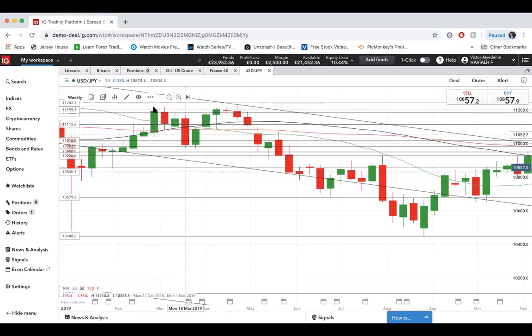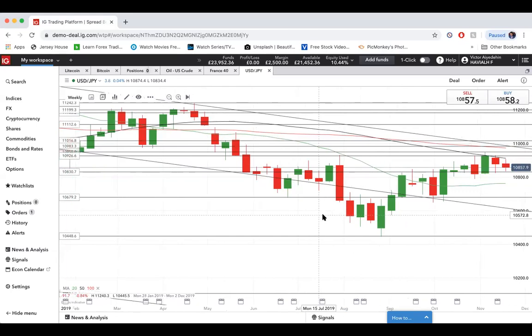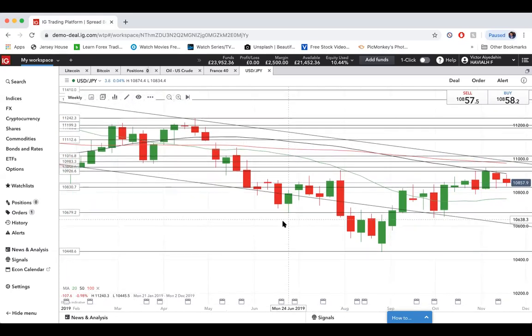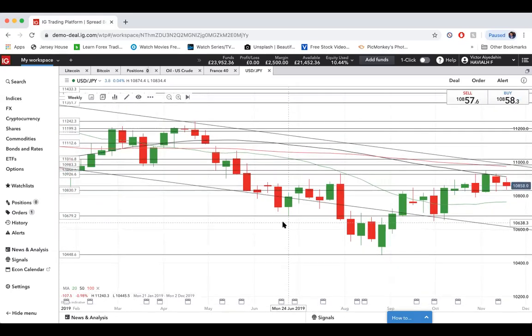So this is a correction or a retrace. Price was coming all the way down here, price got here, retraced a little bit, continued, retraced a little bit, continued, retraced a little bit. This is like a double retrace, like boom, boom, boom, and then came all the way down. So if we were to try to spot candlestick patterns here,